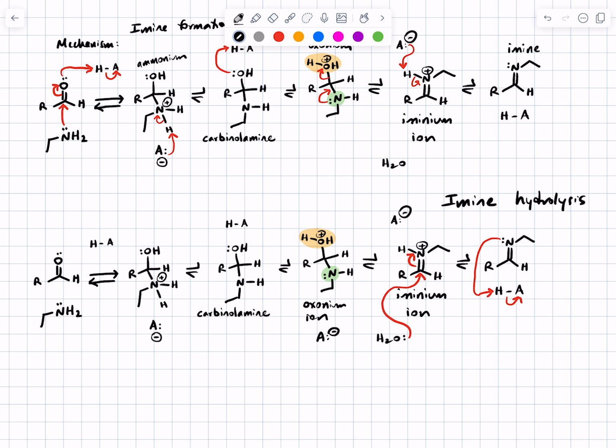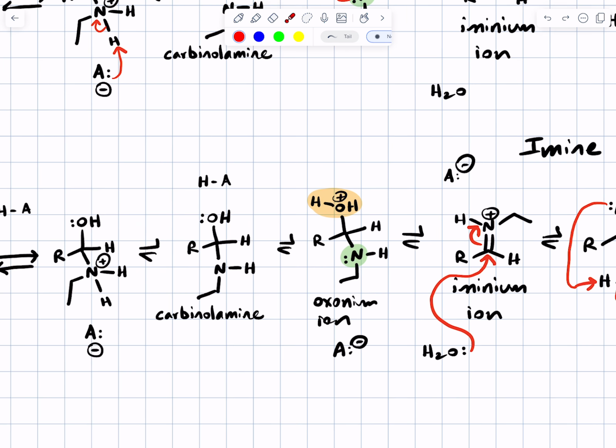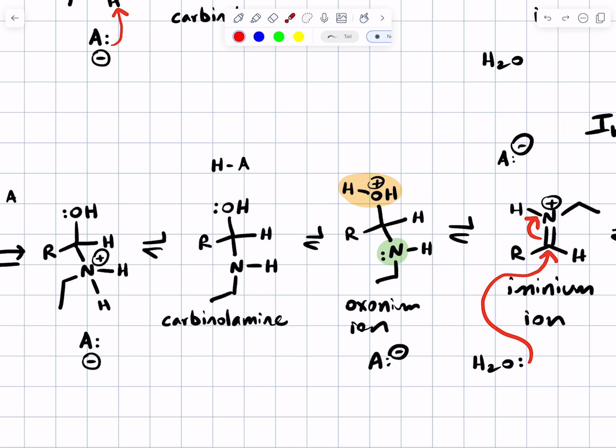So that's imine formation. Now notice that imine hydrolysis proceeds in exactly the same way with exactly the same intermediates. You start with the imine, you protonate on the nitrogen using the acid catalyst to generate this iminium ion. That iminium ion is reactive enough for water to attack to form this oxonium ion, which is an example of a tetrahedral intermediate. We then use the conjugate base of our acid to